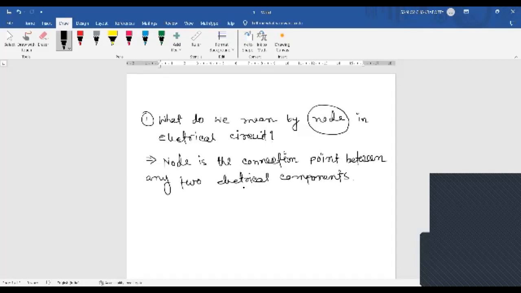So the point is now we need to understand what the electrical components are. To understand node, we need to first understand what electrical components are. So basically, electrical components are